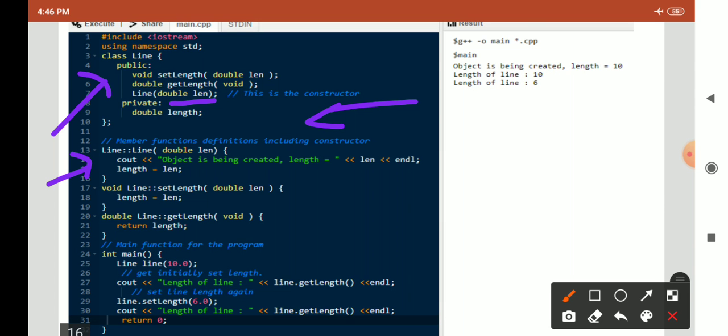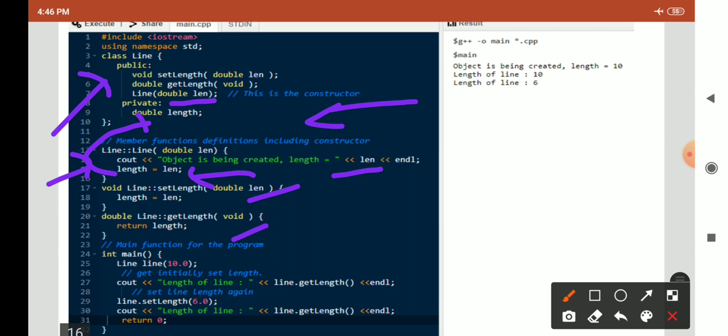Here we print the message that the object is being created, with the length, and assign this len value to the length variable which is privately defined. Again we are setting and getting the length value.